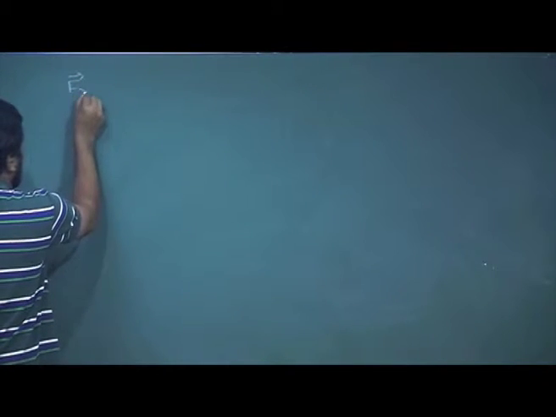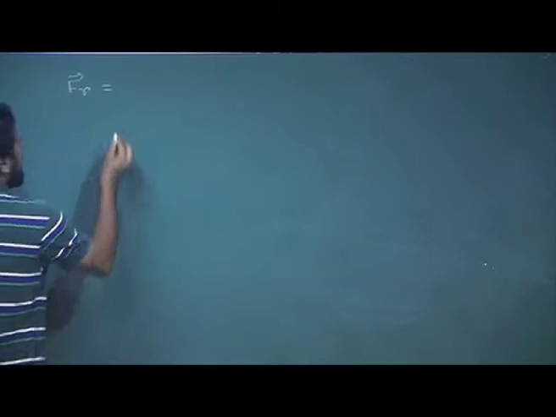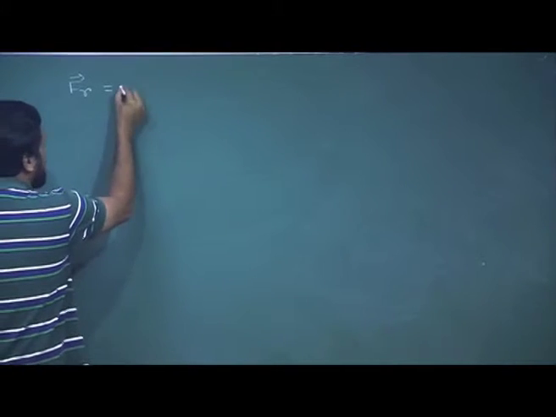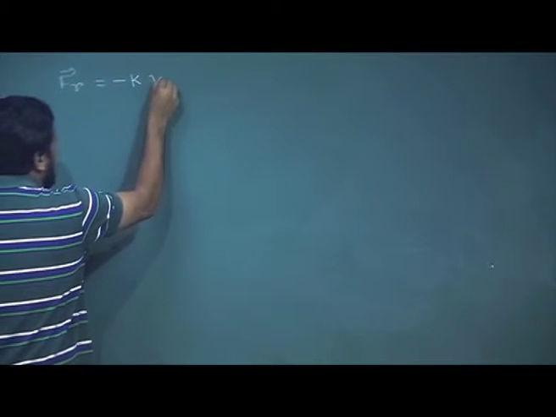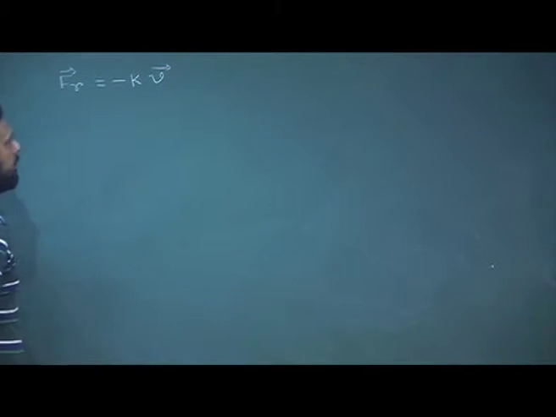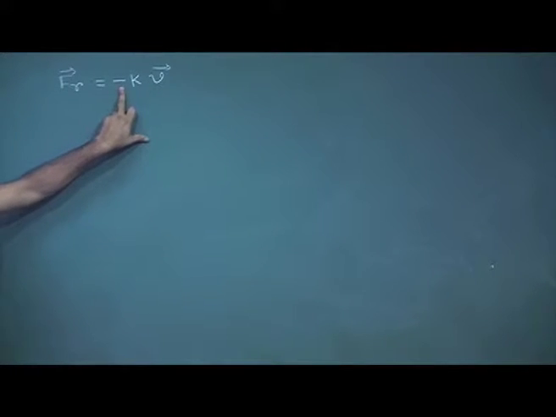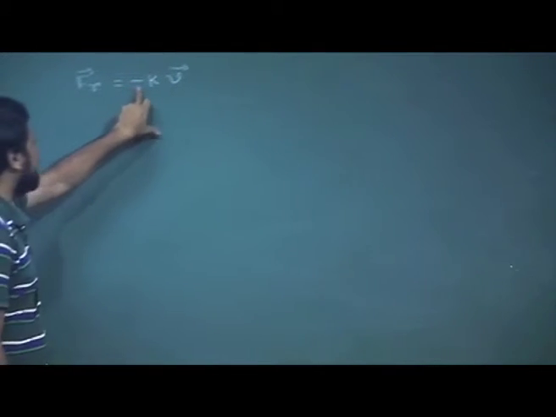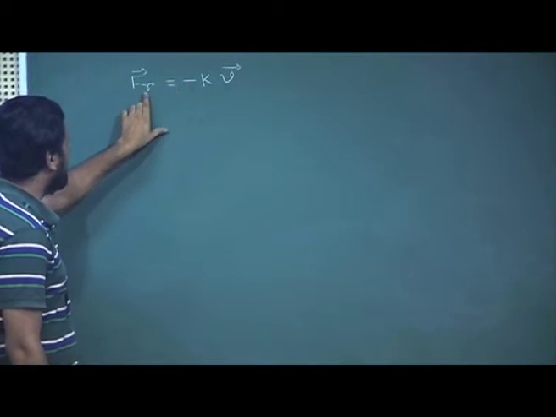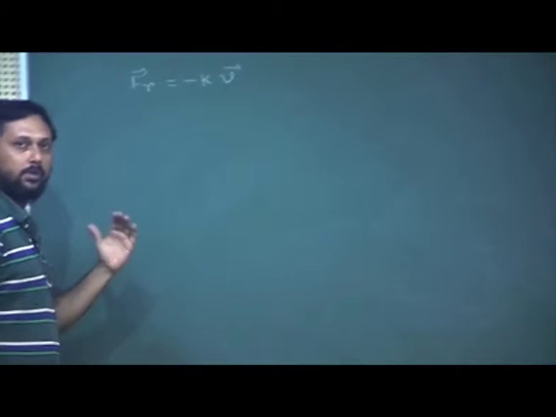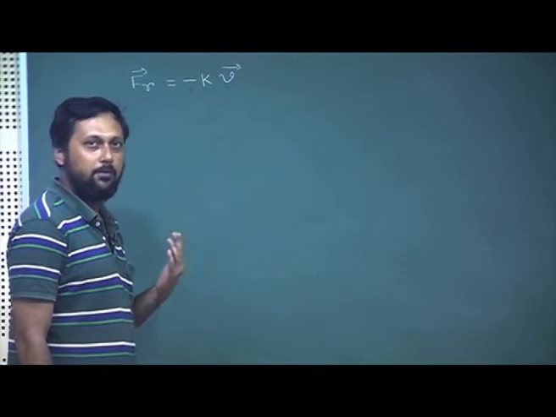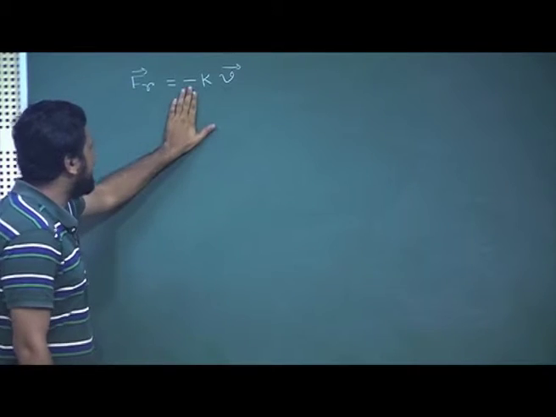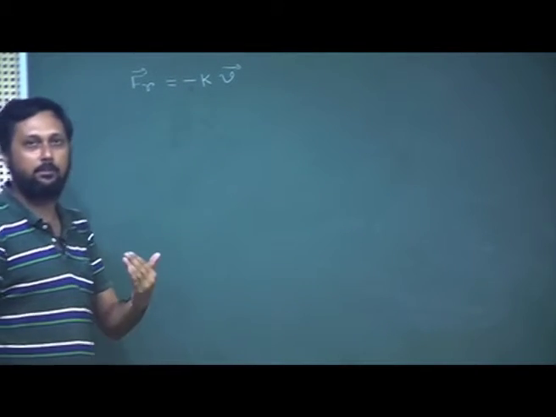So, we have a force F which is called a resistive force if it has the functional form minus kV, V being the velocity of the particle, k being some constant, and V being the instantaneous velocity of the particle. Please remember that there is a minus sign. This essentially means that the force Fr works opposite to the direction of velocity. If the minus sign is not there, that means this force is favoring the velocity,